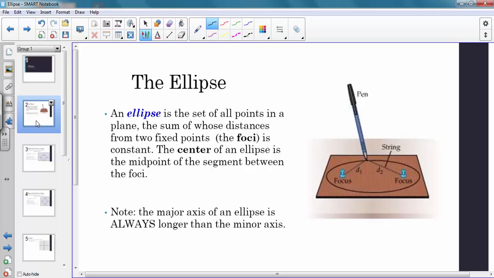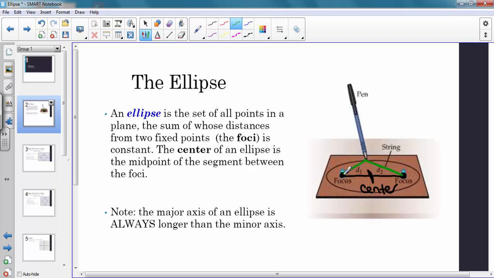An ellipse is the set of all points in a plane, the sum of whose distances from two fixed points, called the foci, is constant. So the center of an ellipse is the midpoint of the segment between the foci. If you look at the picture over here, this is one focus, here is another focus. Here is the distance between them, and the midpoint of that segment is where the center is going to be located. And then this distance d1 and this distance d2 are going to be added together, and that sum is